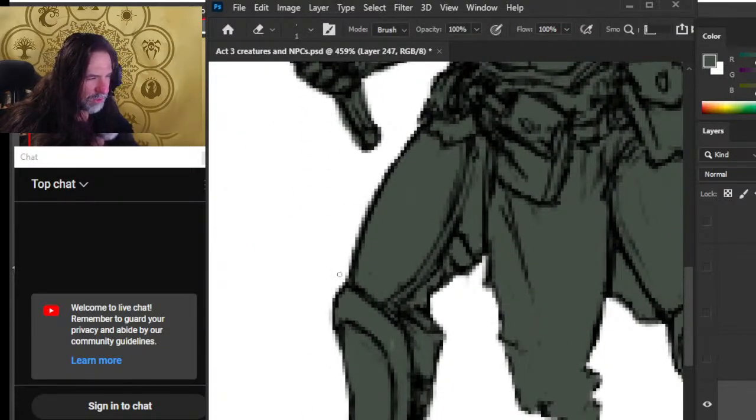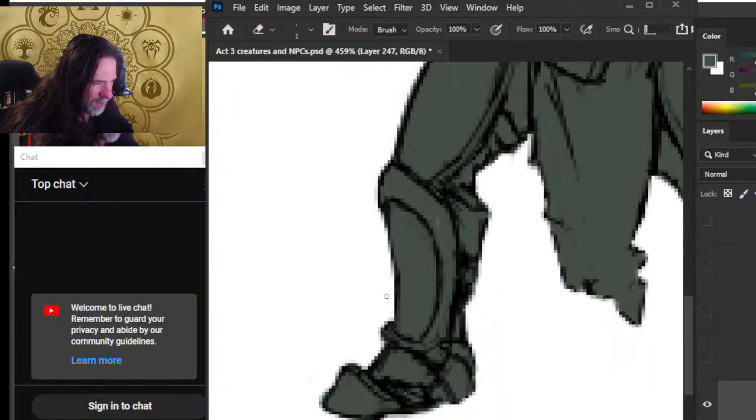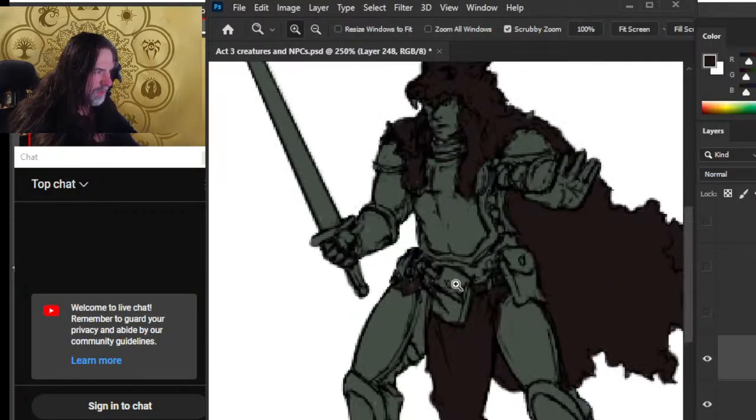I think this is where the coloring started. Yeah, so let's go ahead and work our way around the bottom of the boot. There. Okay, cool, clean. Now we'll add in the shadow pelt.